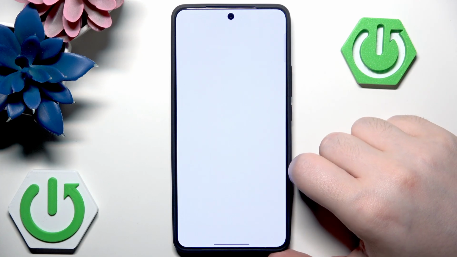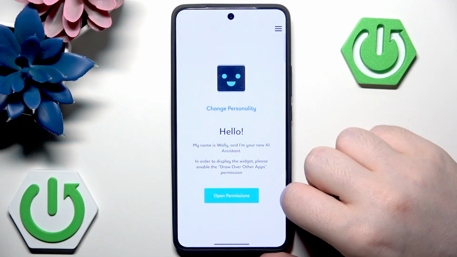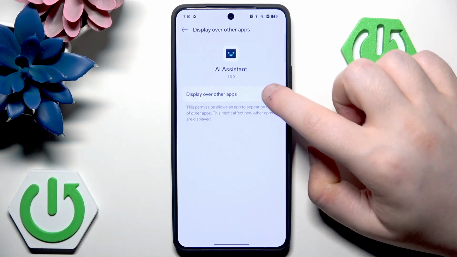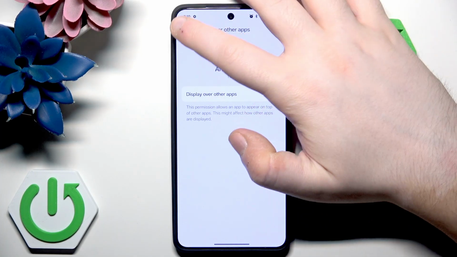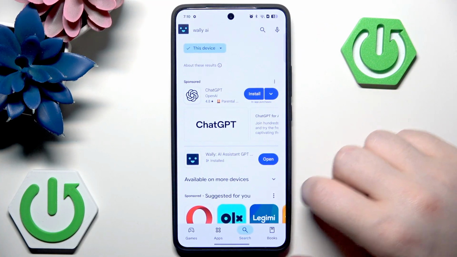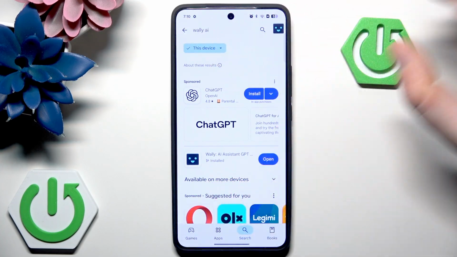Then click open and click on this button to skip introduction, then click open permissions and select the AI assistant. Then click here to allow this app to display over other apps, and then you can go back and go back again. Now click start, and as you can see right here, there's my ChatGPT widget, and I can open